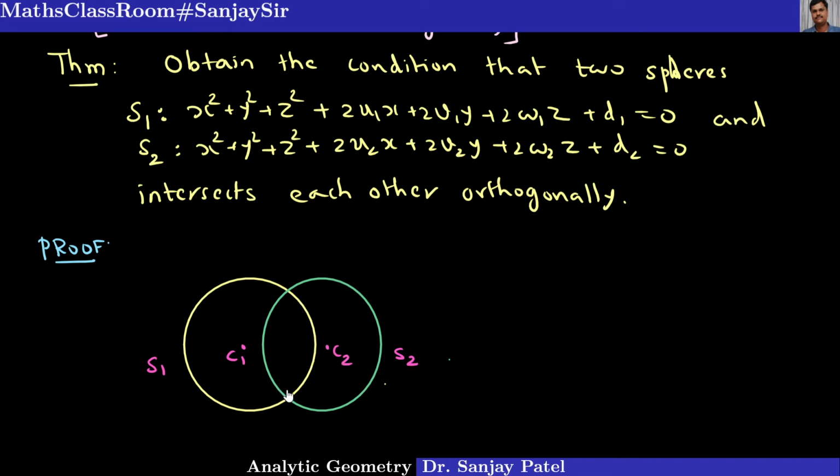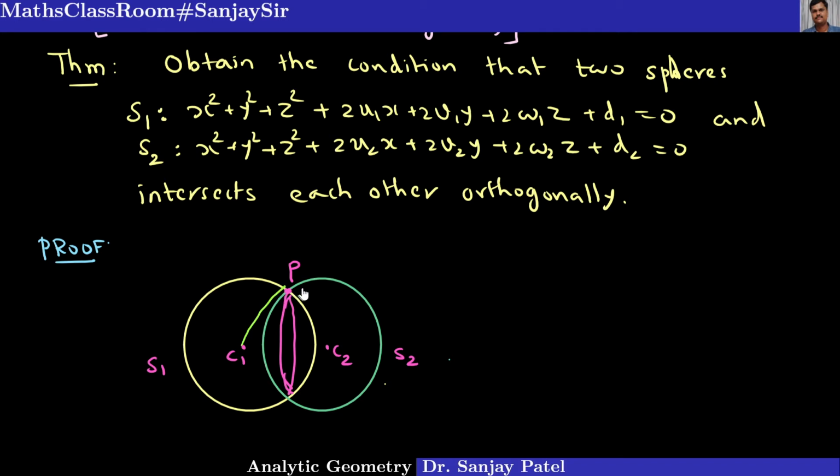These are all common points of intersection, and this is the circle of intersection. Now if I take any point P on this intersecting circle, which is common to the spheres S1 and S2, and join the point P with the two centers,